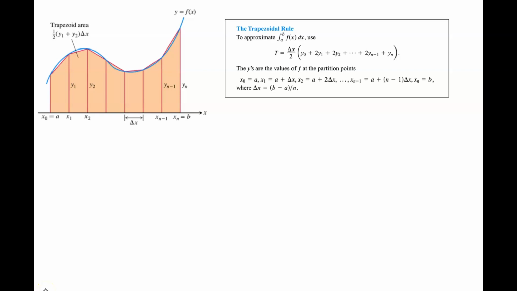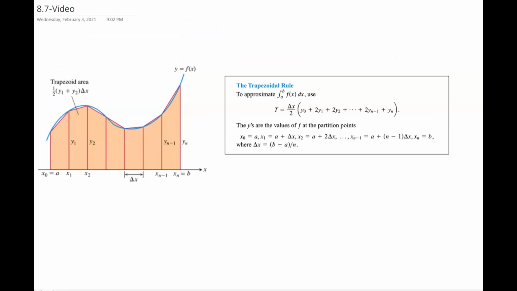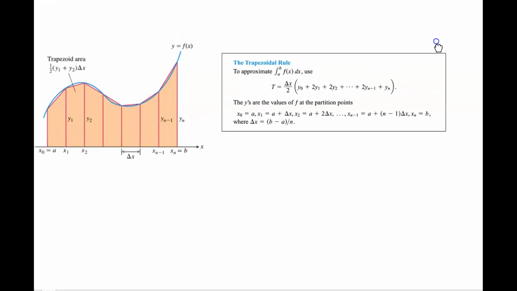Okay, we're going to be talking about some various ways to do numeric integration. One of the ways that we're going to look at this is something called the trapezoidal rule. Now, there are some complex integrals that you can't really use a table of integrals for, so you have to find some way to integrate them. And so we're going to see that with numeric integration, we can definitely use some techniques to be able to